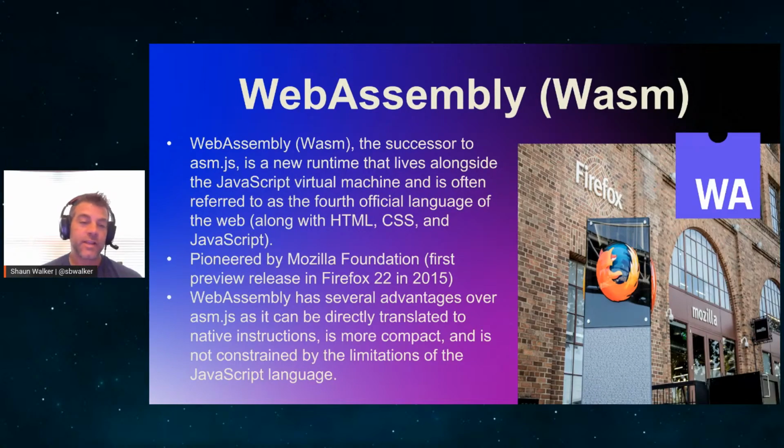And then later came WebAssembly. WebAssembly was the successor to ASM.js. Again, the Mozilla Foundation was one of the real pioneers behind WebAssembly, and it's often referred to now as the fourth official language of the web. Along with HTML, CSS, and JavaScript, WebAssembly has received broad industry support. The first release in a browser of WebAssembly was in Firefox 22 way back in 2015, so like 6 years ago. And I guess the benefit of WebAssembly over its precursor was that it could directly translate native instructions,